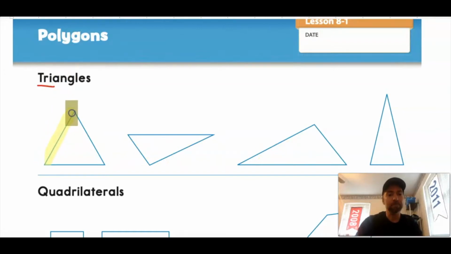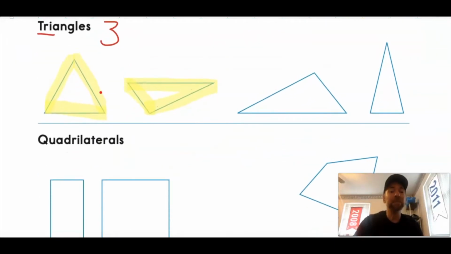Well, 1, 2, 3 straight sides. Every triangle has 3 straight sides. That's what makes a triangle special. And then we have something called a